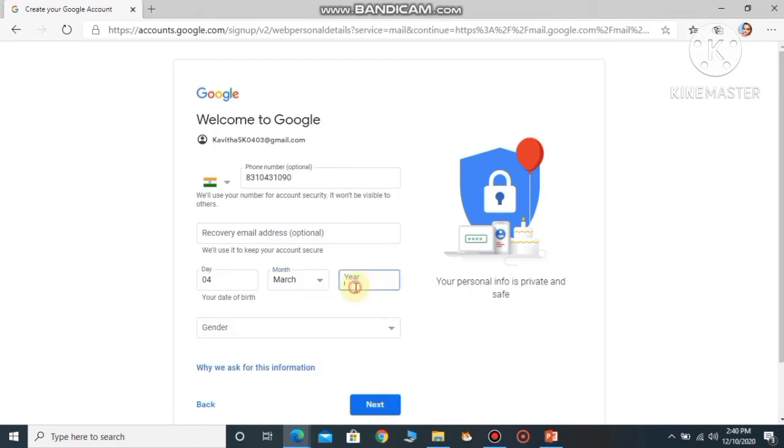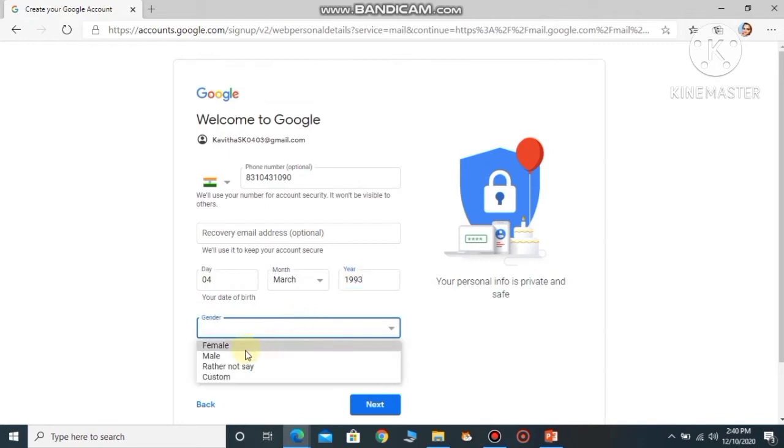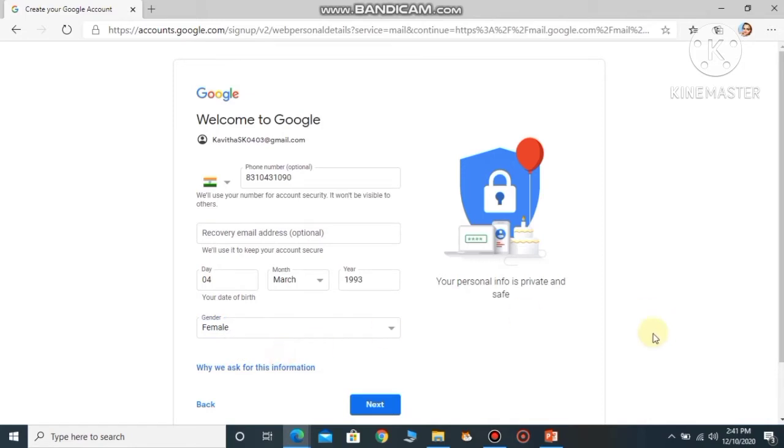Here, gender. After filling this, you have to click on the next button. Okay, children?